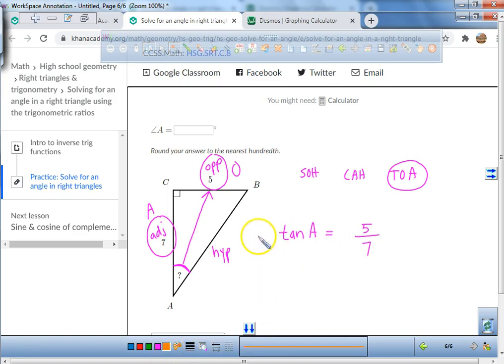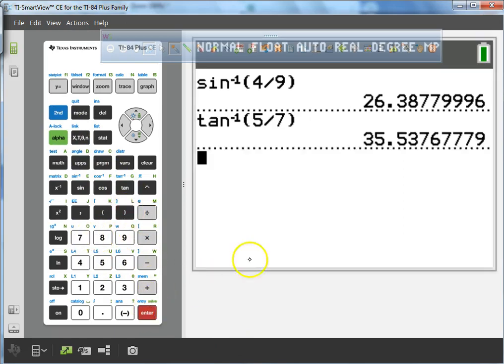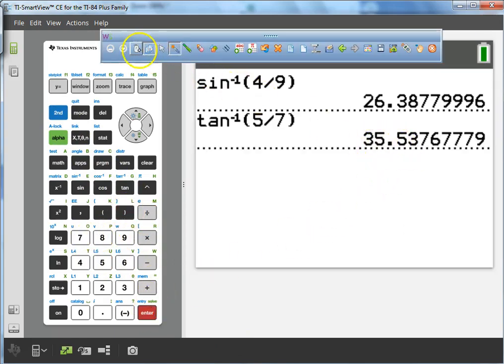And what's the only step that we have to do after we set it up? Find the inverse of tangent on this side and the inverse of tangent on this side, and these will cancel out, and you're left with your answer. So it's going to be the inverse of tangent of 5 over 7. So second tangent, 5 over 7, which gives us